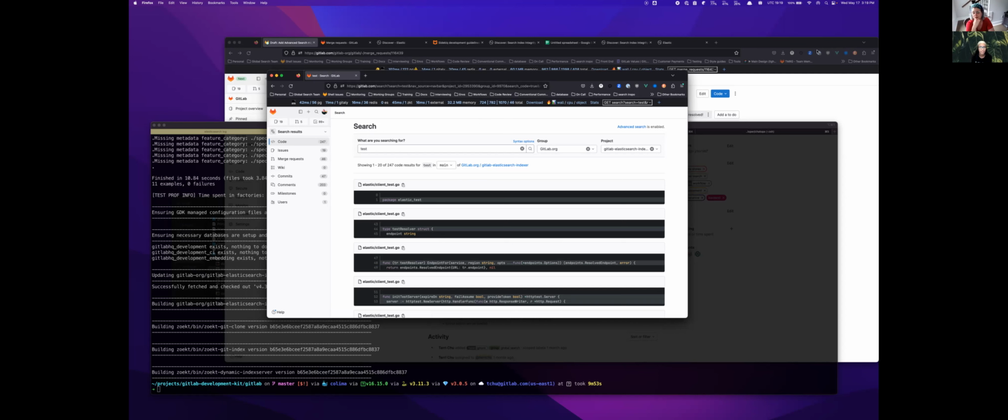So I've been working on an index integrity fixing thing to try to detect when searches are happening for code specifically that have missing data in the index, and to try to fix it. I hope this might be a quick MR. We'll see. I don't know how interesting that is, but